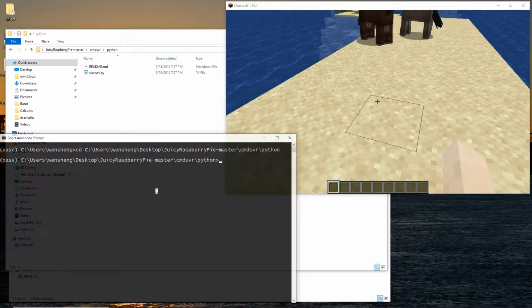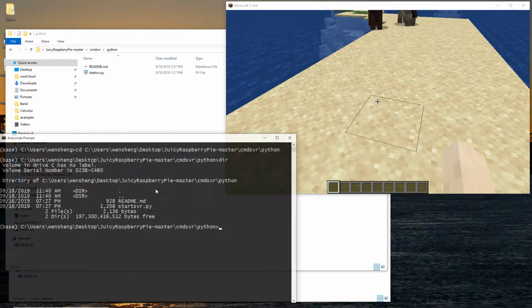Then you just do Python. See there's a start svr.py file. So we want to use this file to start our command server. You just do start svr,